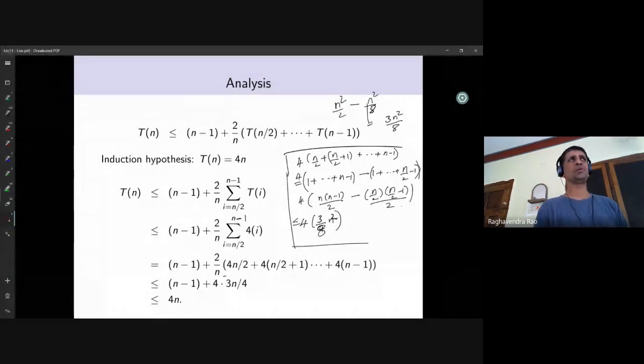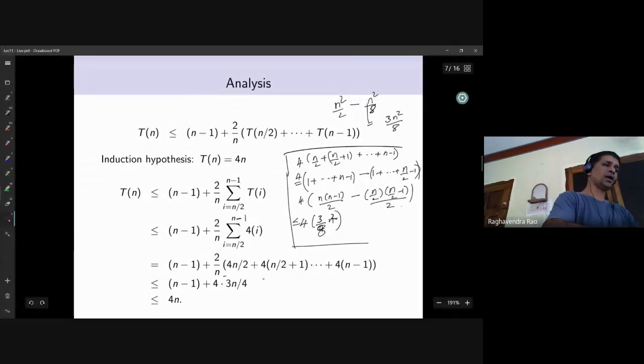Then you can use Markov inequality to say that with probability some constant value, it will be at least n by 4 and at most 3n by 4. Hence, with good probability, it will be bounded by 3n by 4. The other cases will occur with lower probability, and when you average it out, they are not contributing much. That is all that is happening.